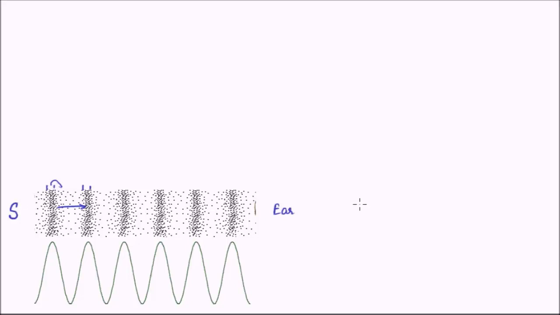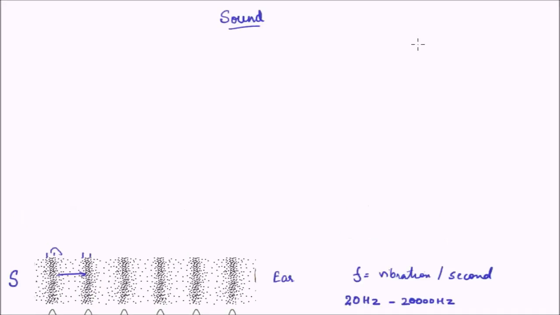Okay, so frequency is vibration per second, and for the human ear, the audible range, that is the range of sound which the human ear can hear, is between 20 Hertz and 20,000 Hertz. So humans can hear from 20 Hertz to 20,000 Hertz,